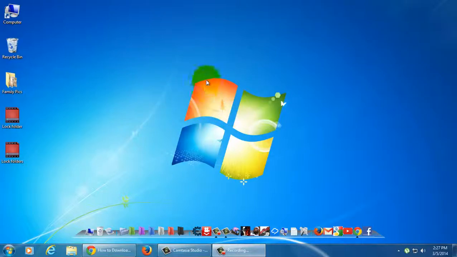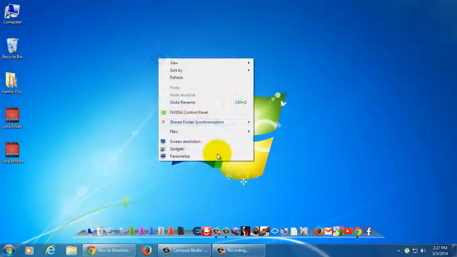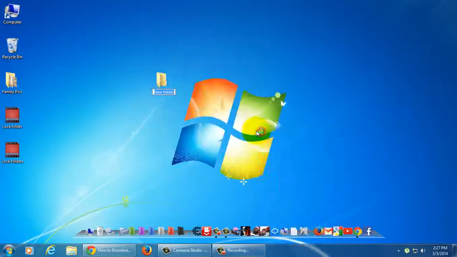Again, and this time I'll be teaching you how to lock any of your files and folders. For that, you just need to create a new folder and rename it whatever you want. I'll rename it lock. Open it